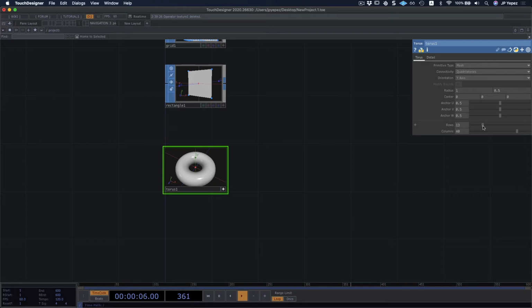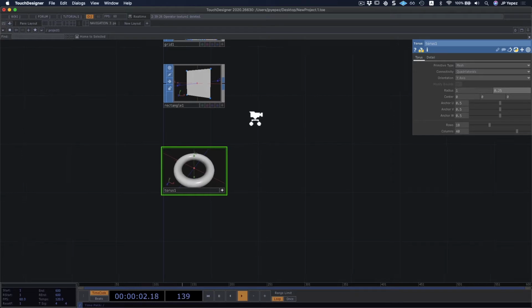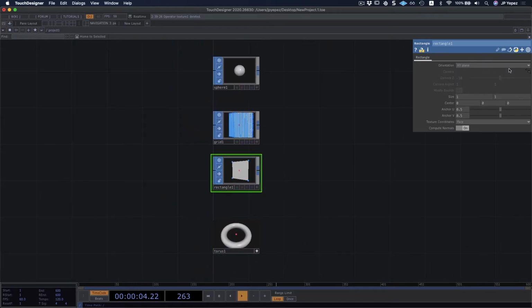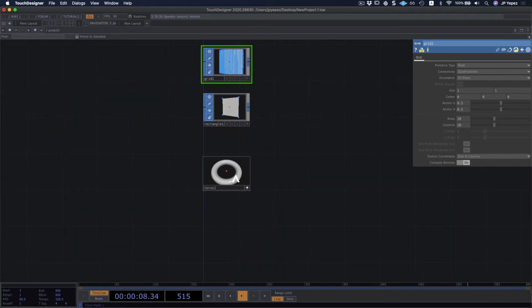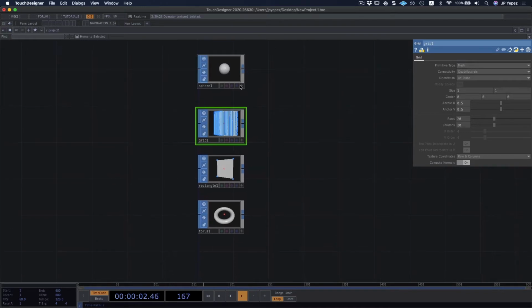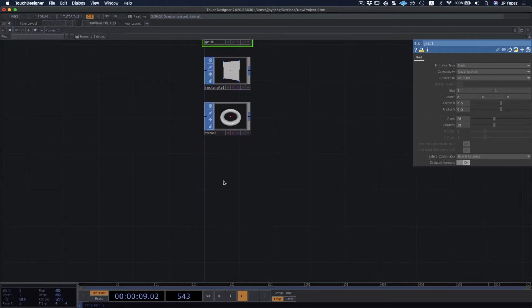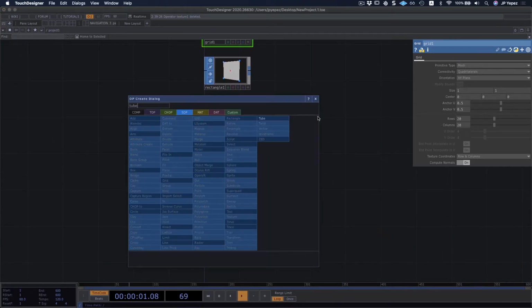Make sure you play with different parameters, like changing the sides and the different sizes, different parameters for each one of them. They all have their own panel, and since these are primitives, you don't have that many options. The idea is that you get started with them, and then you start manipulating them through your network. So that's the way you work with them.